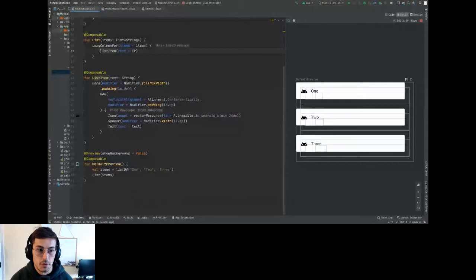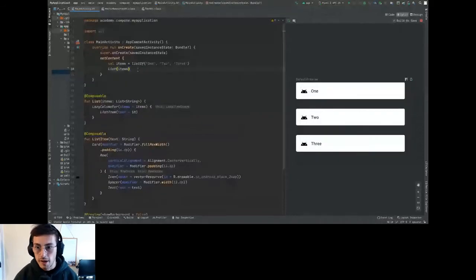But if we copied this preview and added it as our content, this isn't going to look too great. It's just a list of items, and there's not much to it. So just before we wrap up, before the end of the session, I want to quickly take a look at some of the core parts of the Material APIs in Compose, and these are going to be core to rebuilding some of the